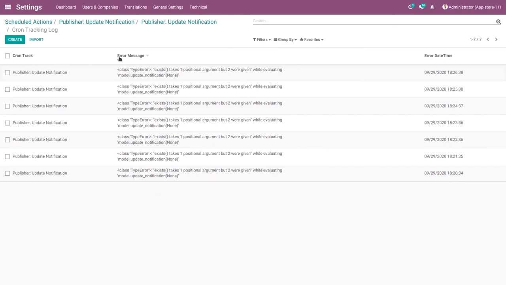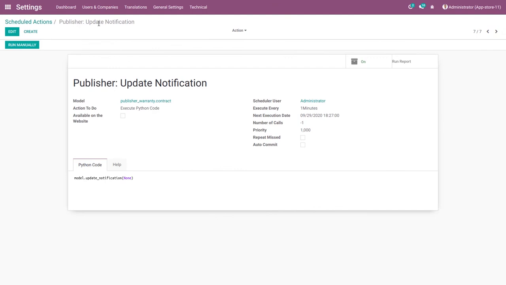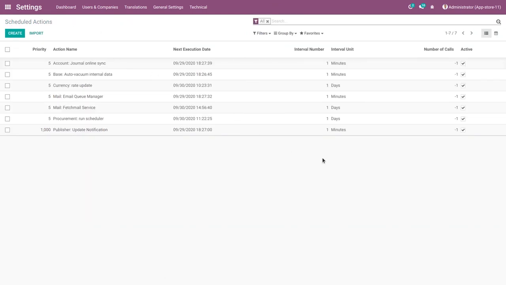cron. This is the error message for this failing cron, and this is the time of the failure and the name of the cron. And here you can see 1, 2, 3, 4, 5, 6 and 7 times this cron has failed at running time. So this is all about the cron track